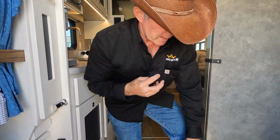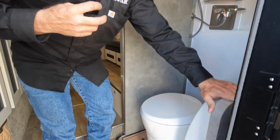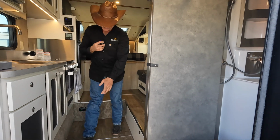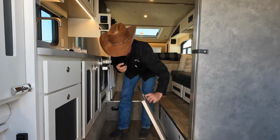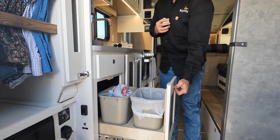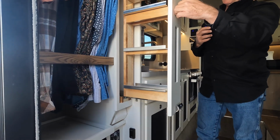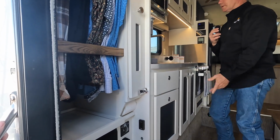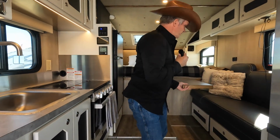Wow. And this is a that just locks into place. And then you have floor storage through here that lifts up. Wow. You have trash cans. You have the spice rack. Oh. There's the toilet paper holder down here. Then once you step up here, and you get a little look at the seating arrangement. You got pull-out